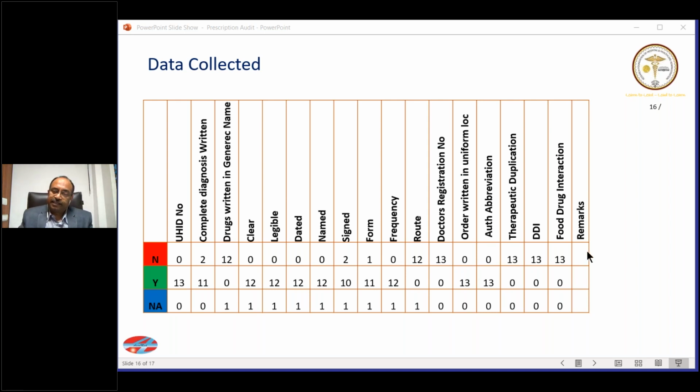Absolutely. Yes, madam, absolutely. So in the remarks, if some significant remarks have come, which you find also need to be included in the analysis, then they will also be included in the analysis. Without any doubt, you are absolutely right. That the remarks will also be analyzed. That is the point that you have made, and it's an absolutely correct point. Yes. Any more questions?